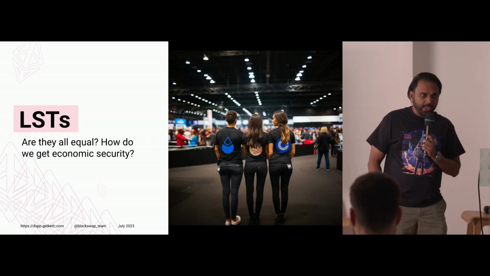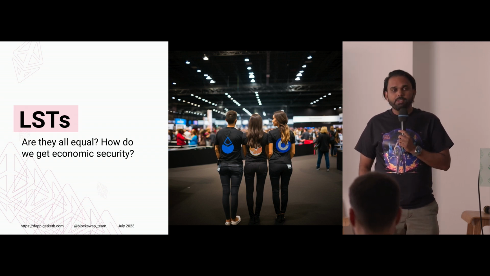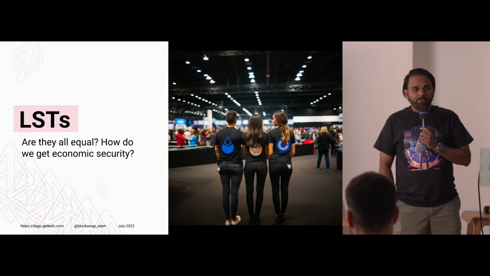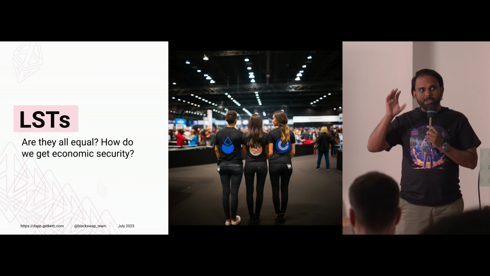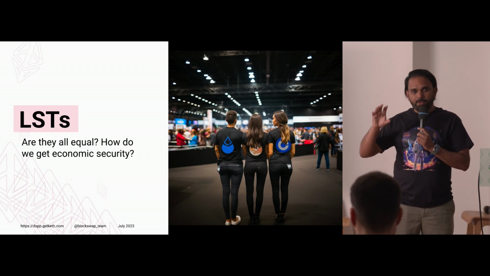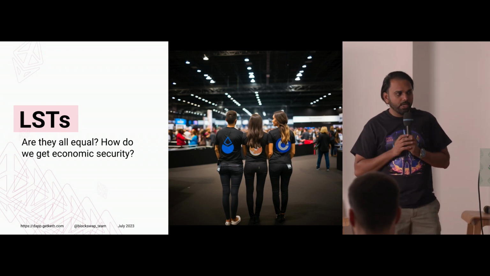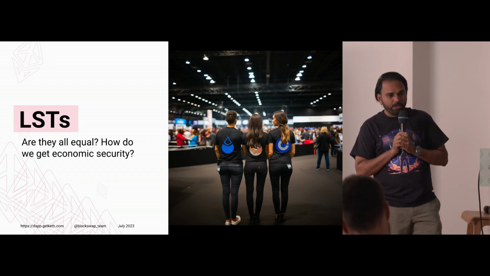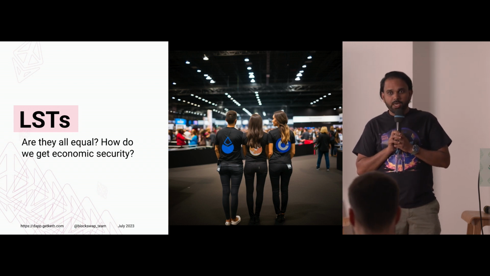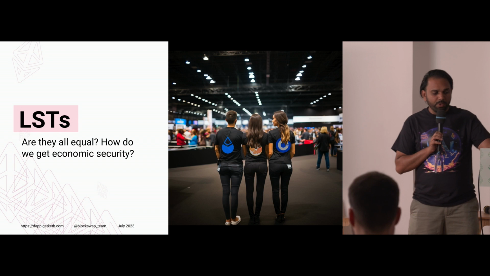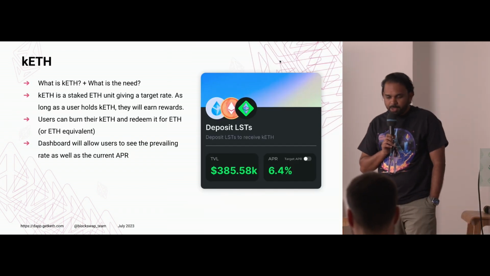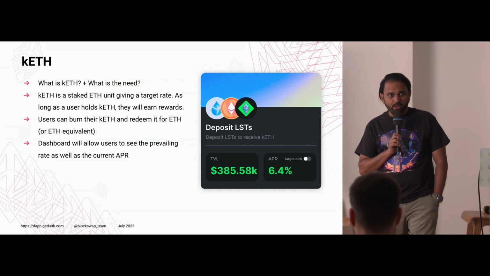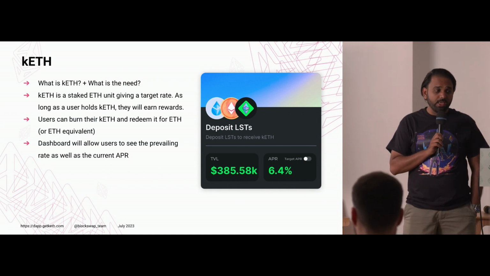They have different pegs, different liquidity, and also different provisions of the bonds and things like that. But from an economic standpoint, you cannot give a unified risk. You need a benchmark rate to do that if you want to source this capital for outside. And how do we do it? We have this kETH. kETH is a benchmark rate protocol which is currently on testnet. You can go and test it at getketh.com.